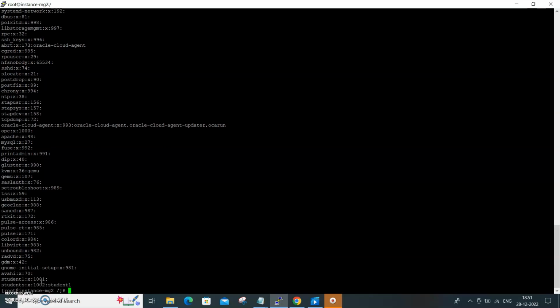Then based on the access conditions or privileges you provide, you can have logical separation between multiple users who are accessing the system,